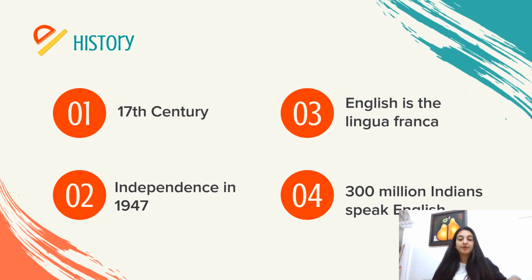Now let's talk a little bit about the history of how English became such an important issue for this part of the world. As we can read in the first line, English was introduced in these countries in the mid 17th century, and it was mainly because of four different reasons. The first one was the British colonization over the Asian continent. The second one was the Christian missionaries.